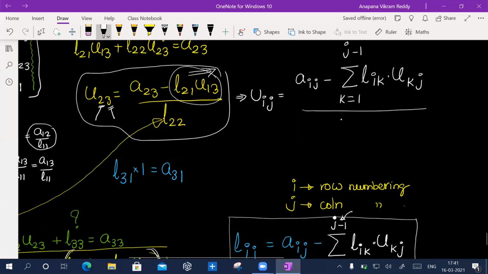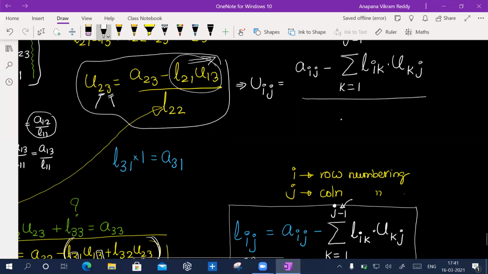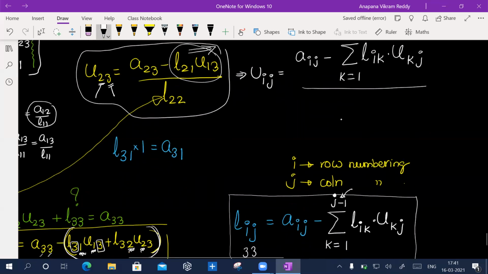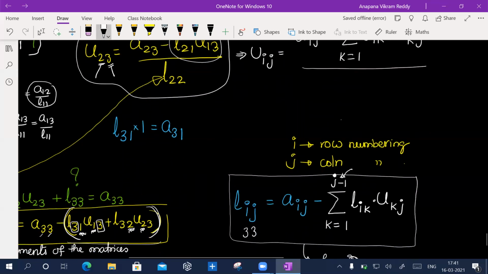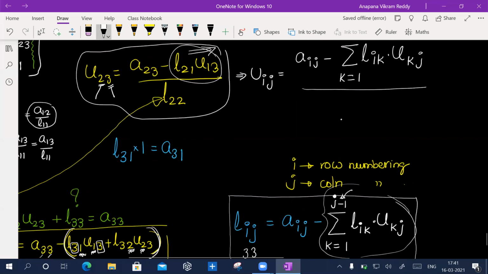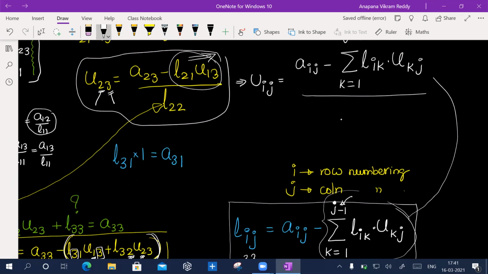See, where do you get this from? Whatever I have here, I used it here. Are you able to understand this? Of course, you can do this when you derive, for example, a 4 by 4 matrix.